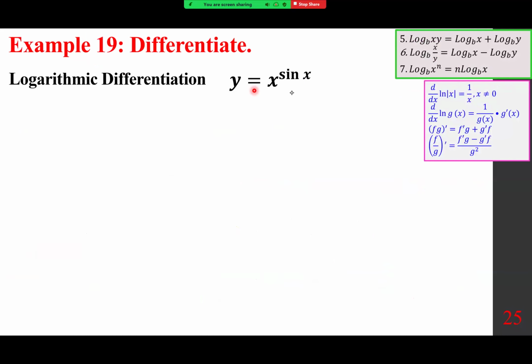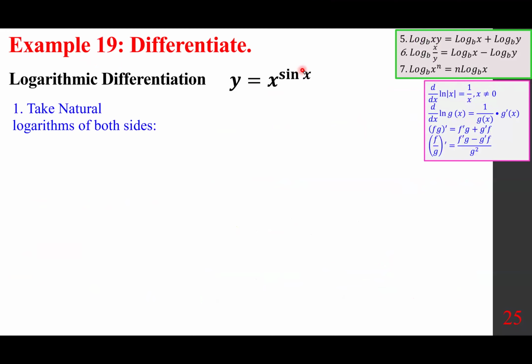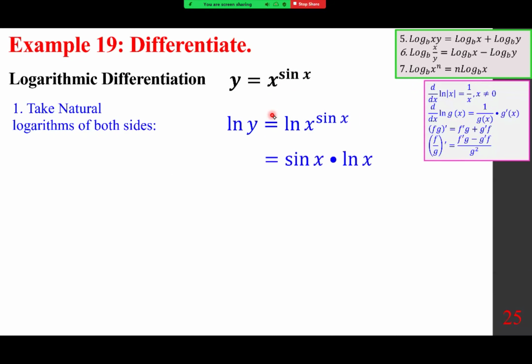Logarithmic differentiation, y is x to the power of sine x. Anytime you have a function to the power of some function, logarithmic differentiation is one way to do that. So what does it mean? Number one, take the natural log of both sides. So when I take the natural log of the left side it is ln y. When I take the natural log of the right side, I can put the sine x in front. And so now I can differentiate this side